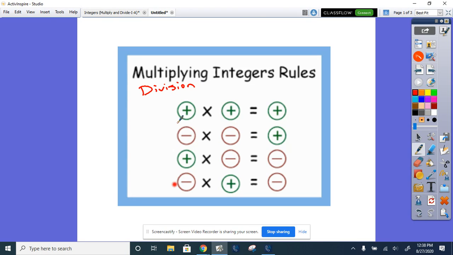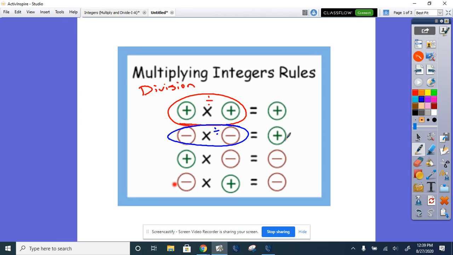Okay. So pretty much anytime we're multiplying or dividing with two positives, a positive times a positive will result in a positive solution. That's what you guys have done since third, fourth grade. You guys have never had to change that. The new additions here are when you have two negatives. So now you have two negative numbers. You're either multiplying or dividing them there,